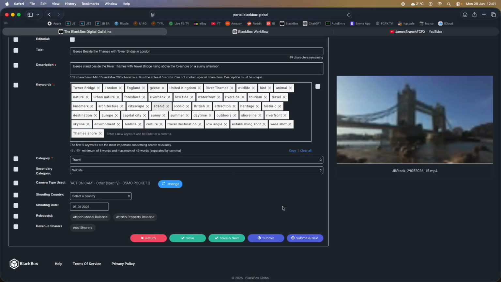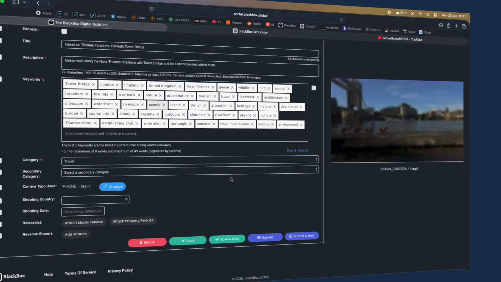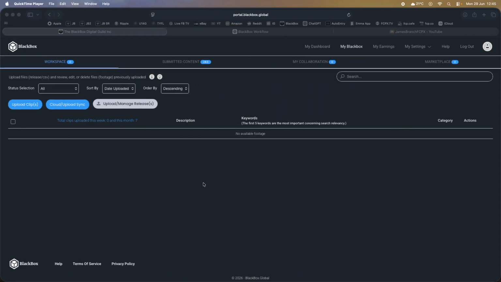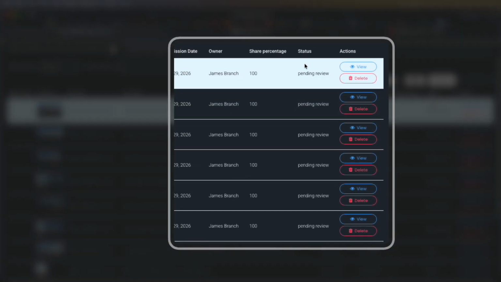So all you do is you click submit and next, and it takes you to the next one, and you work your way through each one. And once you've done all that, you'll see that your workspace is empty. Everything's been submitted. So you go to your submitted content window, and there are your clips, and they are now